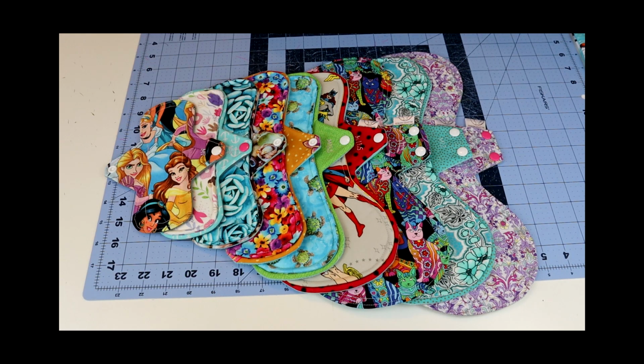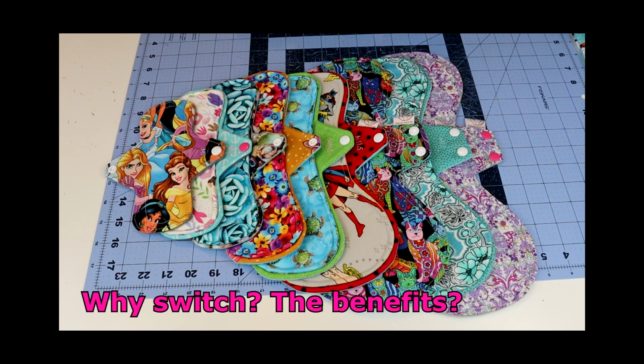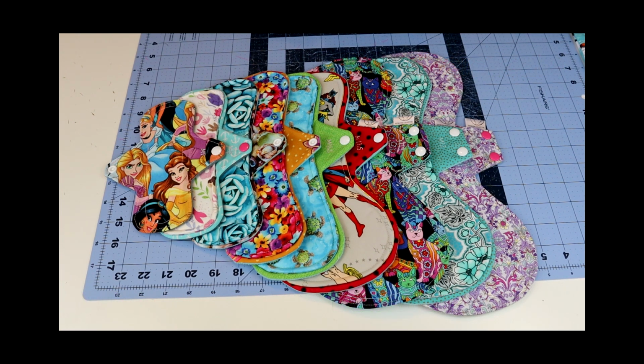The next question that I get asked is, why switch and what are the benefits? Well, the benefits are that there's no chemicals. This is the biggest one for me. There's no chemicals in any part of the pad that we're using. The absorbency comes from the core, so there's no jelly chemicals in there to absorb any of your flow. There's no chemicals put into a cloth pad to absorb the smell or to create odorless pads,